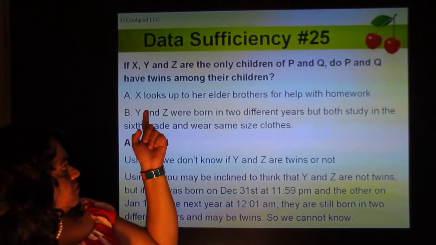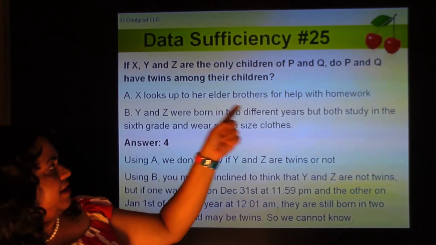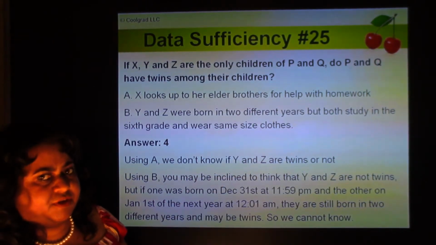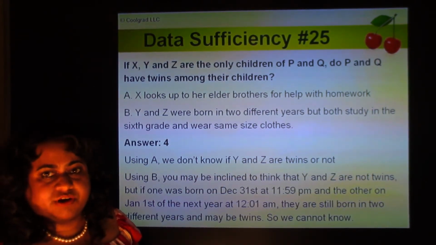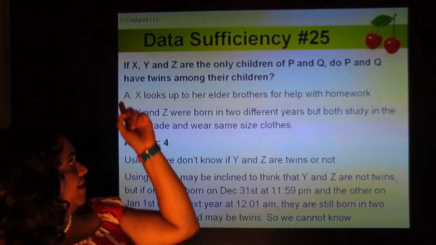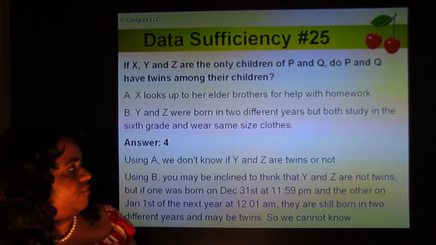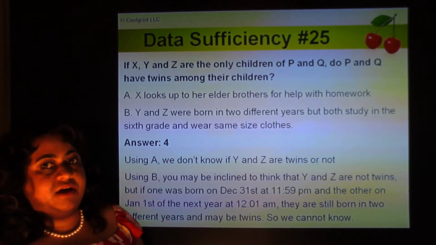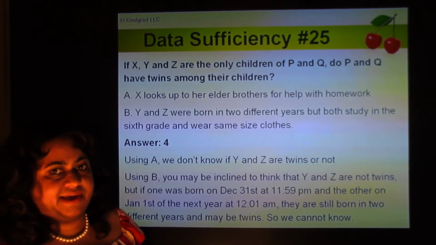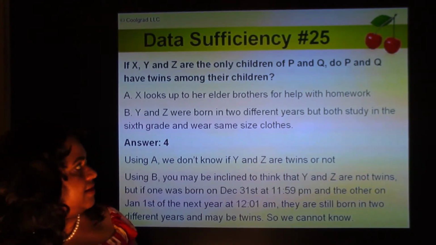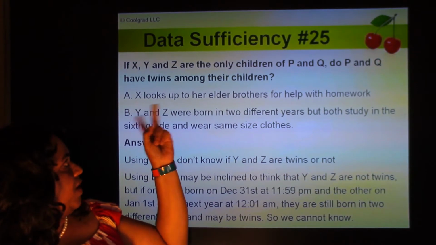So X looks up to her elder brothers. So X is clearly a female. She looks up to her elder brothers. So Y and Z are her brothers for help with homework. And Y and Z are older than X. Okay? That doesn't necessarily tell us if Y and Z are